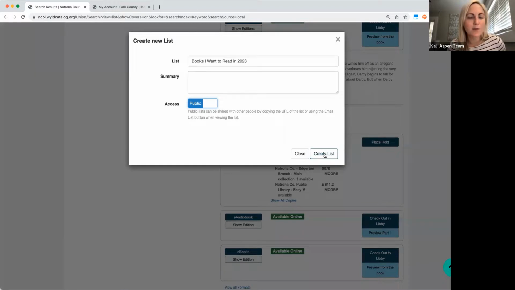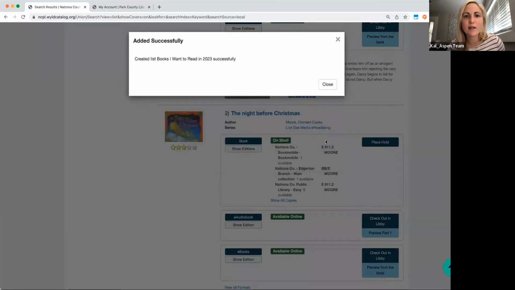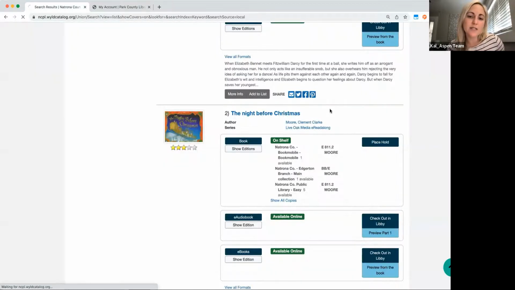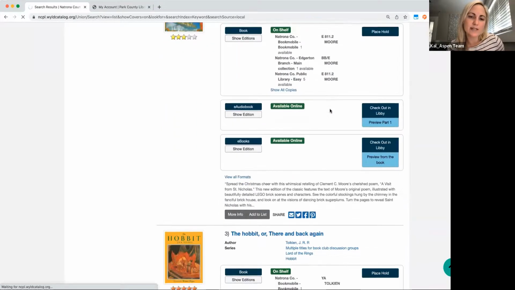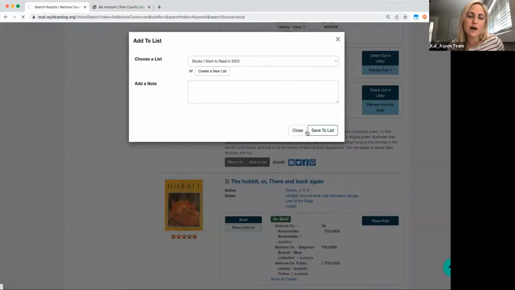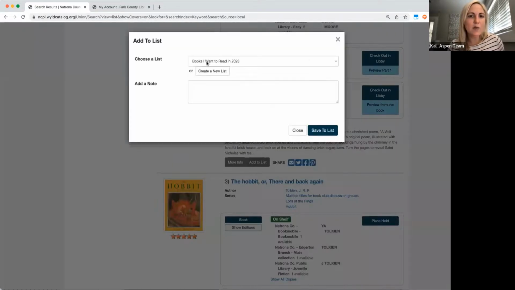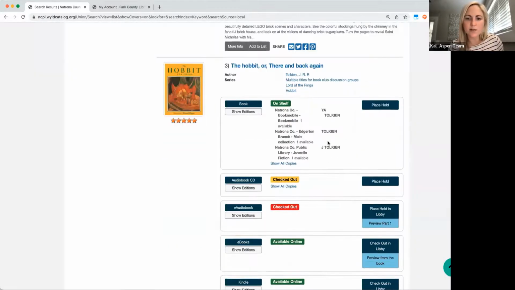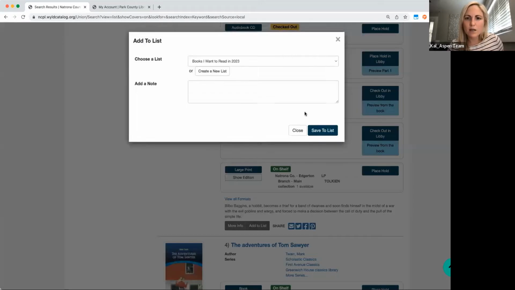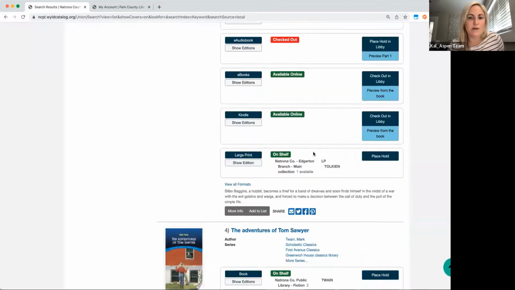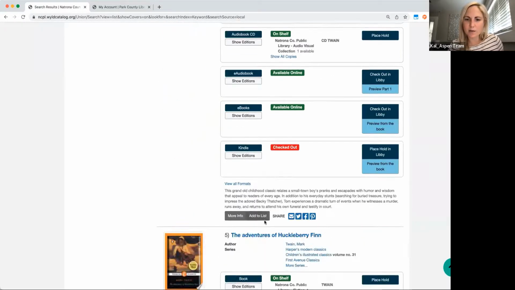Okay, so I'm going to create this list and I'm going to keep adding titles to it. So I can do this in a couple different ways. I can just scroll through and keep clicking add to list. You'll see that now, oops, let me do that again. Now my list defaulted to the last active list I was working in. So now it says books I want to read instead of my favorites. So just to show you that. I'm going to keep saving some titles and we will look at where this goes. Let's just add one more.